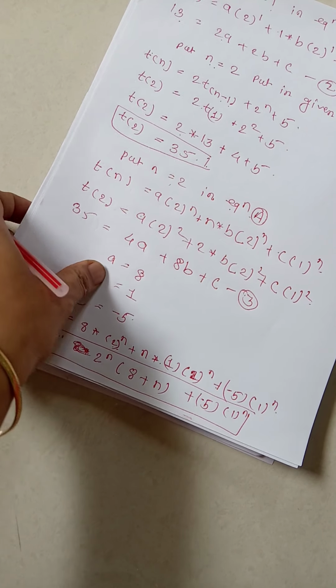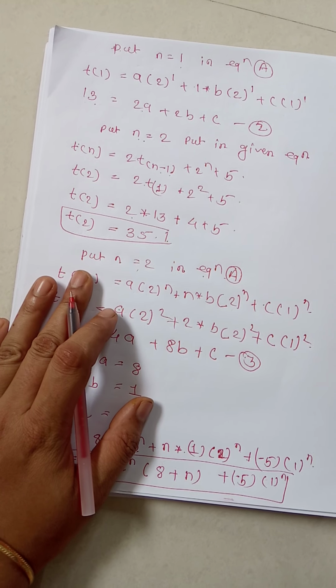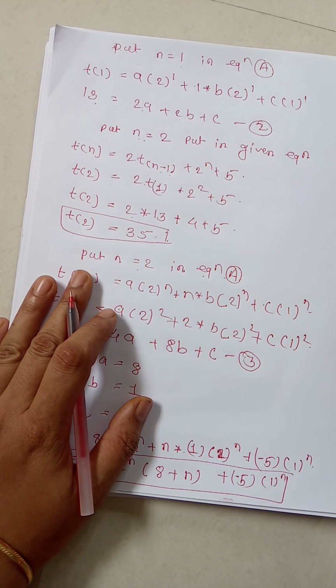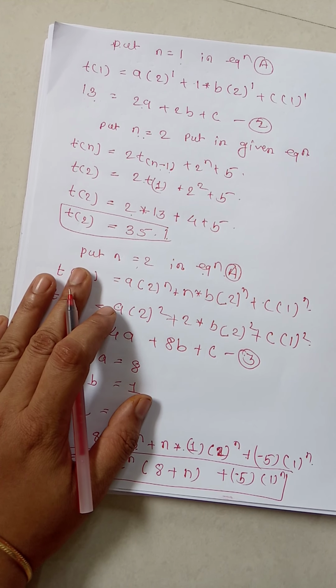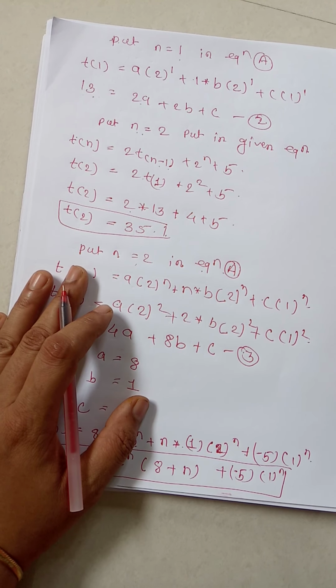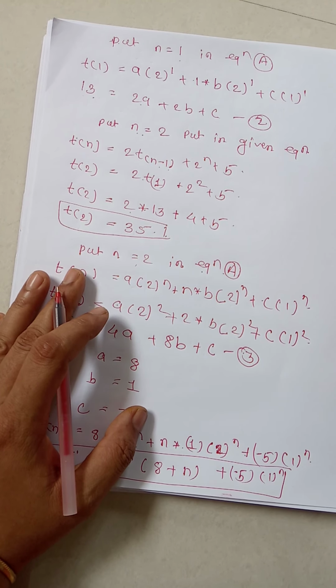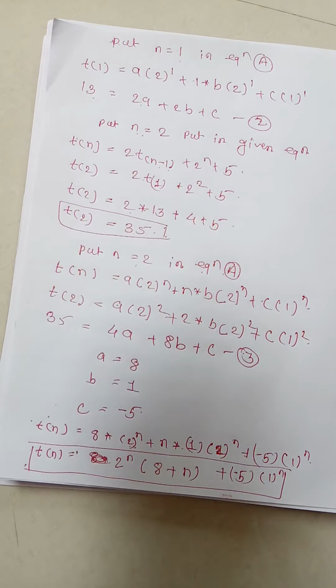So this many ways you can solve the non-homogeneous equation. Fine. I gave here 5 examples consecutively, so you can remember those examples. You can remember how to solve the non-homogeneous equation using this method. Fine. So in the next video we will go for another method of solving the recurrence relation. Thank you.